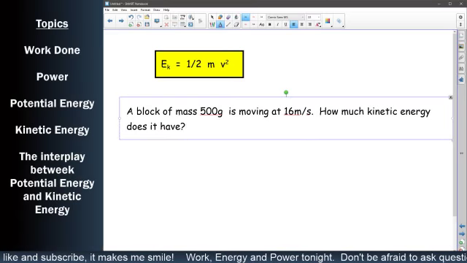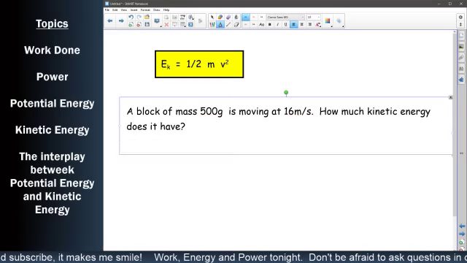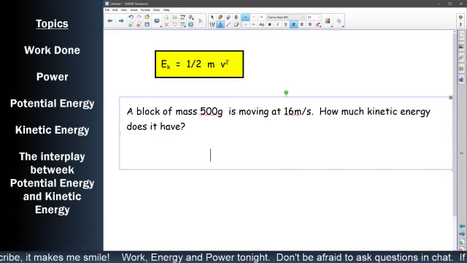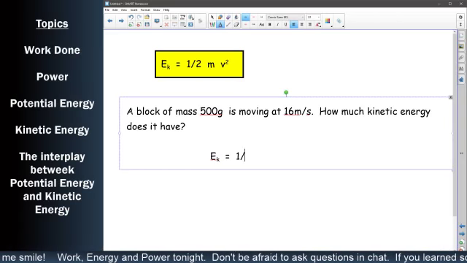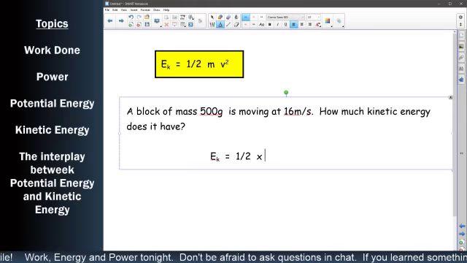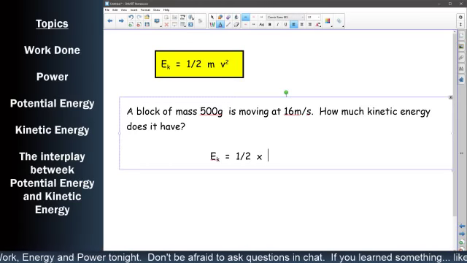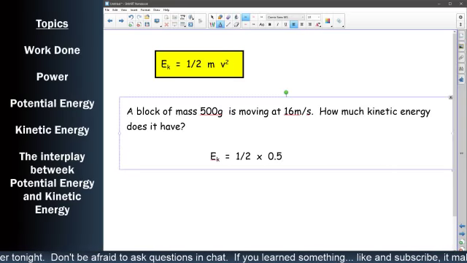So that's a straightforwardish one. Then we pop that into our equation, and that gives me that EK is equal to a half multiplied by, now 500 grams needs to be converted to kilograms because masses are in kilograms here, so that is 0.5 kilograms